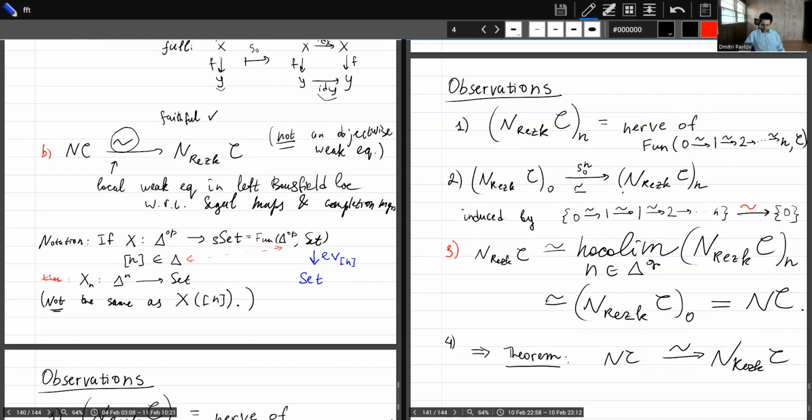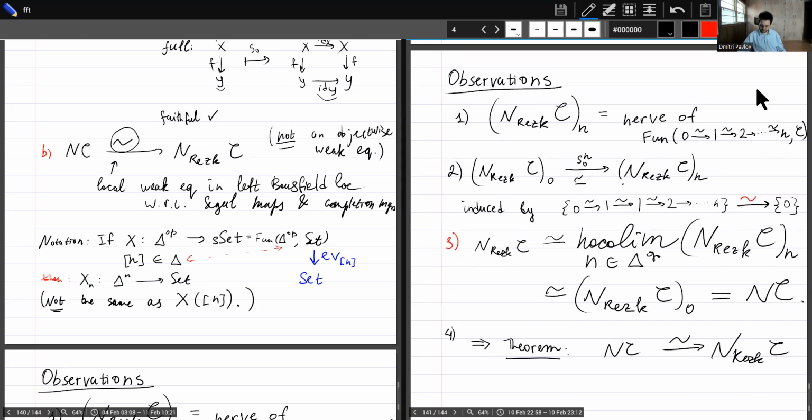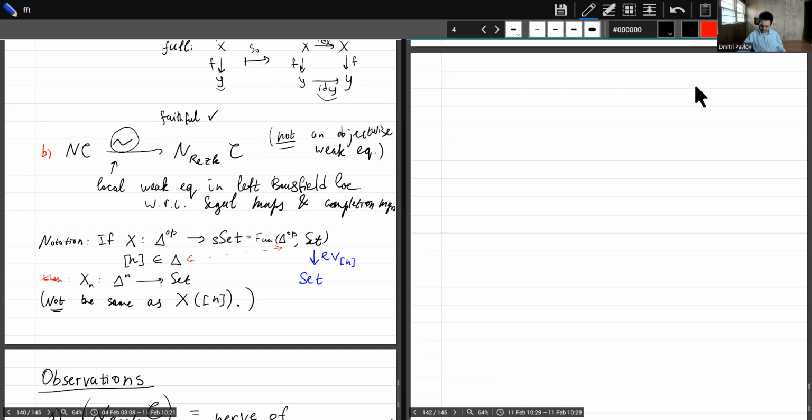And so now we can make some observations. What happens if we take the RESC nerve and evaluate the RESC nerve, also extract the sets of n simplices from the RESC nerve. What happens if you take the RESC nerve and evaluate it on or extract the sets of n simplices? So what exactly is this object here? So n RESC